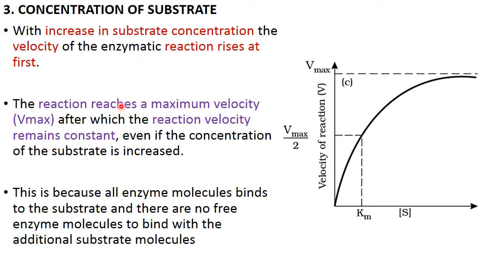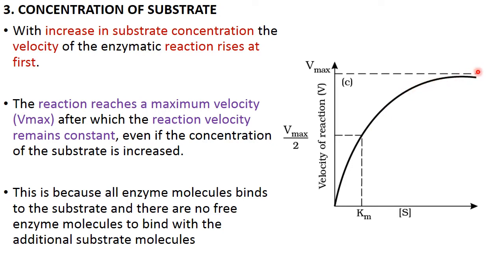लेकिन एक स्टेज आएगा which we call as the maximum velocity, तब reaction velocity भी constant रहेगी even if we increase the concentration of the substrate. As we can see from this diagram, ये यहाँ से velocity of the reaction है which is as capital V और यहाँ से substrate concentration है. तो we have increased the substrate, so with the increase in the substrate concentration the reaction has increased, मगर अब